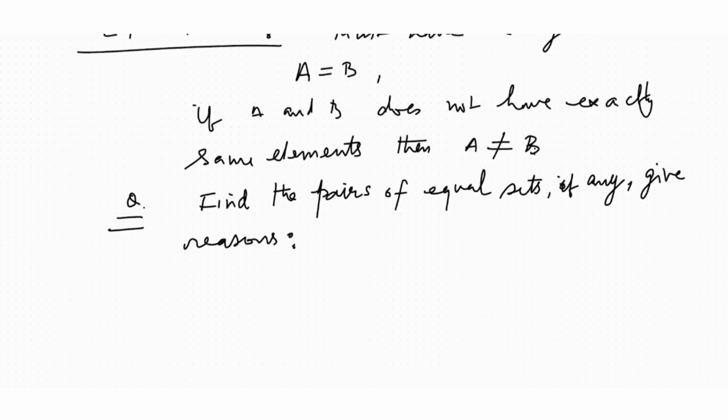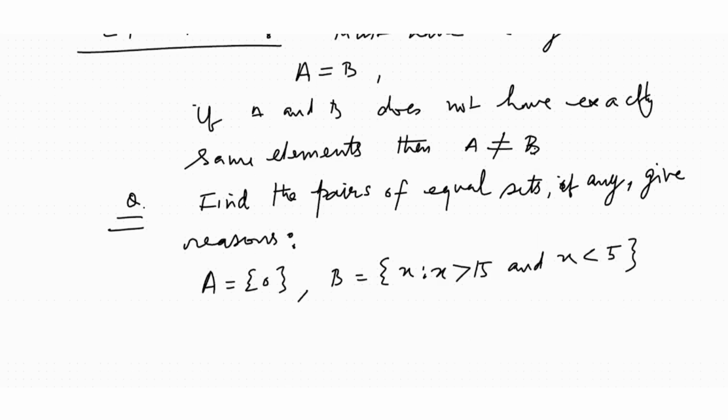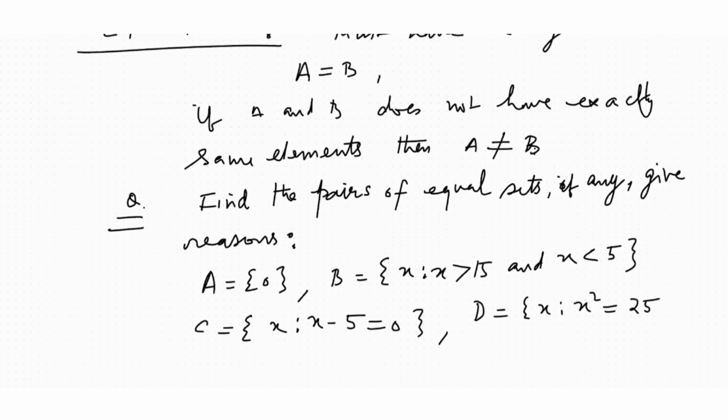You have got A as {0}, B as {x such that x is greater than 15 and x is less than 5}. And then there is C where {x such that x minus 5 is 0}. And then there is D where {x such that x square is 25}. And then finally there is E, {x such that x is an integral positive root of the equation